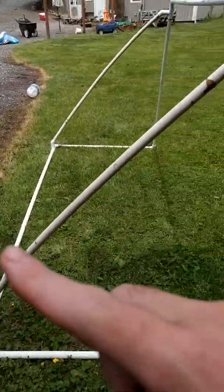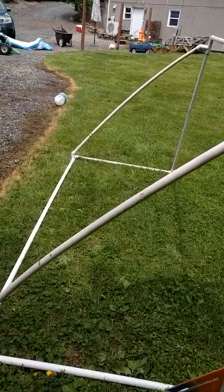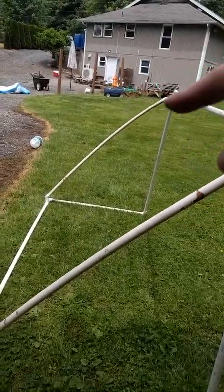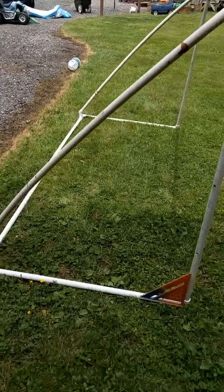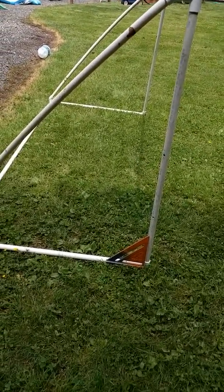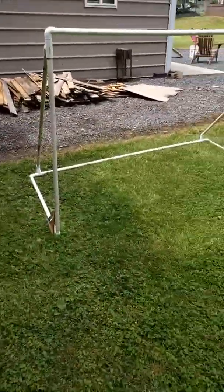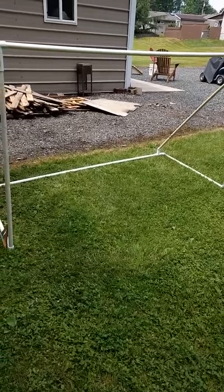Now I cut this piece. It ended up to be 53.5 inches, and then I just measured again for the one over there, and it seems to work fine. Now I haven't figured out how to do the net, but at least now I have a goal for my daughter to practice shooting on. It's not pretty,